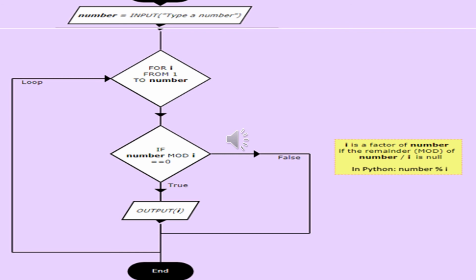After that it will go to check for 3 and so on for every number. So 15 mod 3 will give us equal to 0. So it will display 3 and then 4, 5, 6, 7, so on up to 15 it will check.